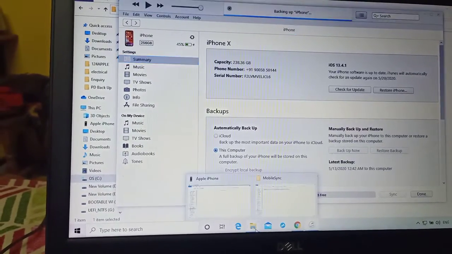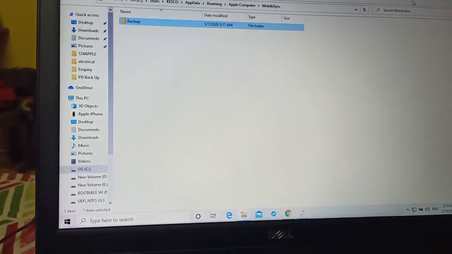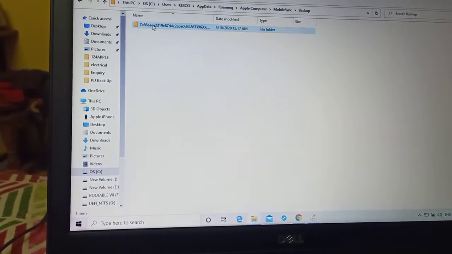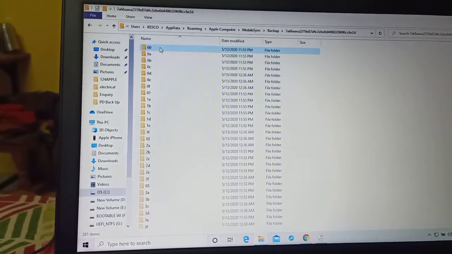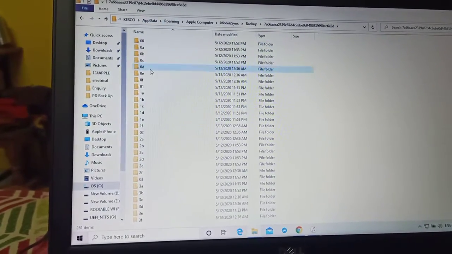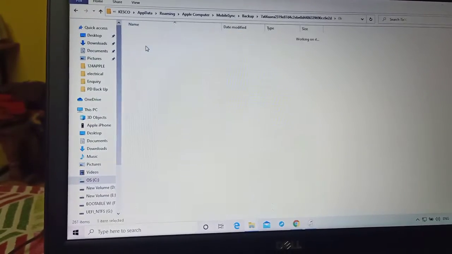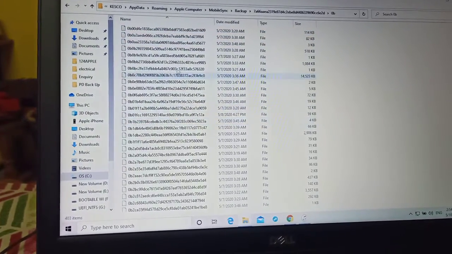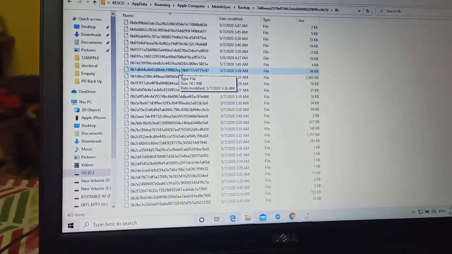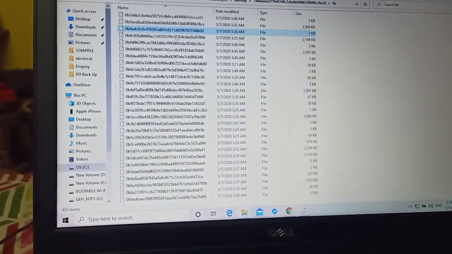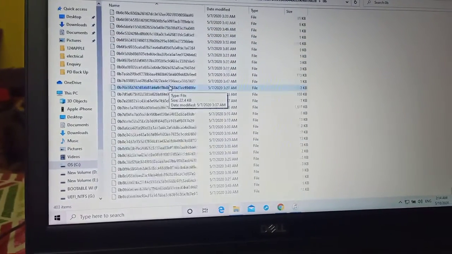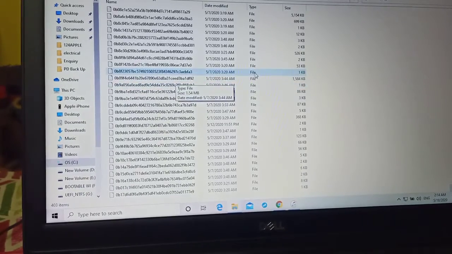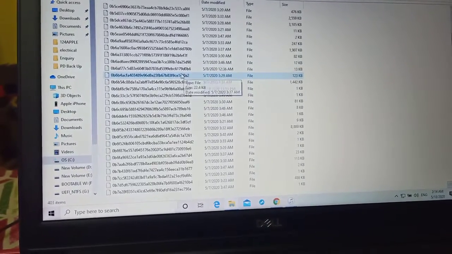Here I want to tell you one more thing. This backup, you can see it is stored in files, in these files. You cannot directly open these files.